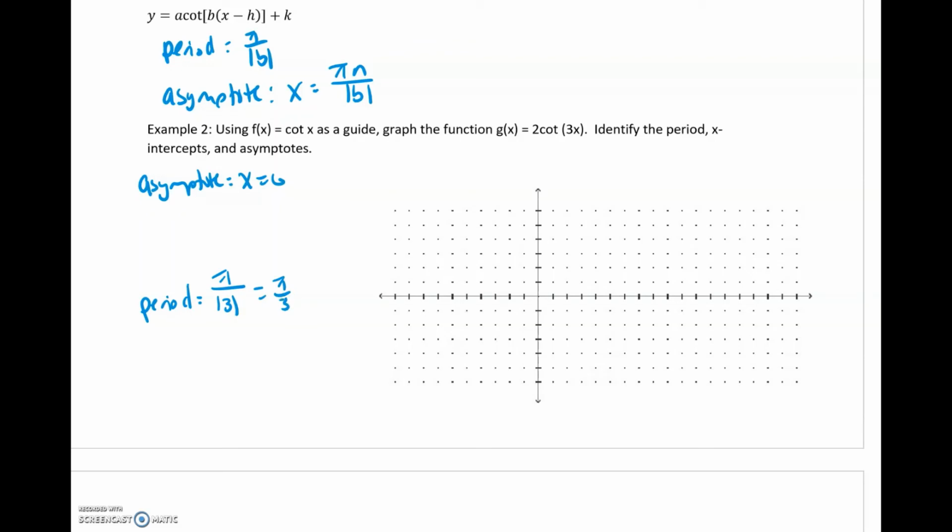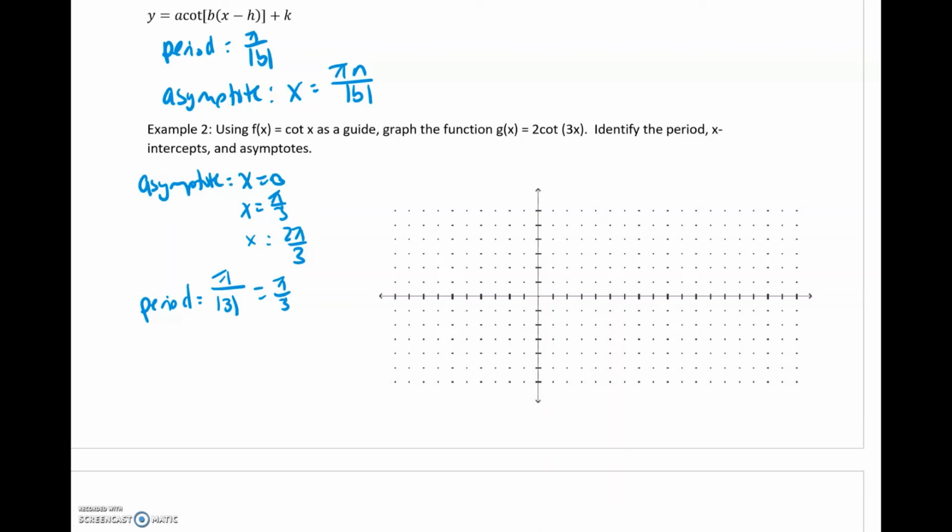So once I know my first asymptote is 0 because there's no phase shift, then my asymptotes are just going to go incrementally based on the period. So my next asymptote will be pi over 3. And then the next asymptote will be 2 pi over 3, because every full period will stop at an asymptote for cotangent, right? So then what might be tricky with this is you might be wondering, wait, where are my